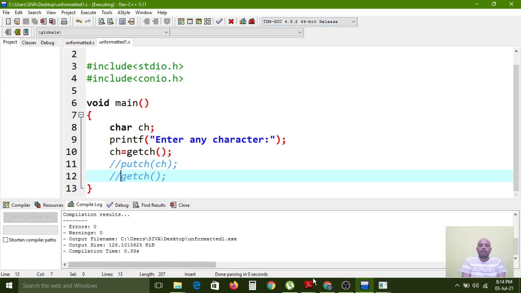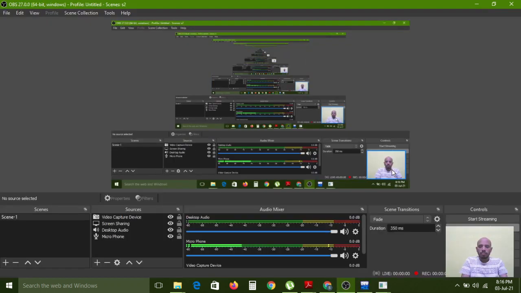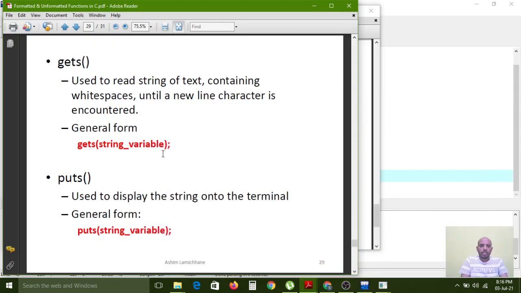So now the unformatted string functions. We have the gets function and the puts function also. These are also called unformatted string functions. gets means get string function.